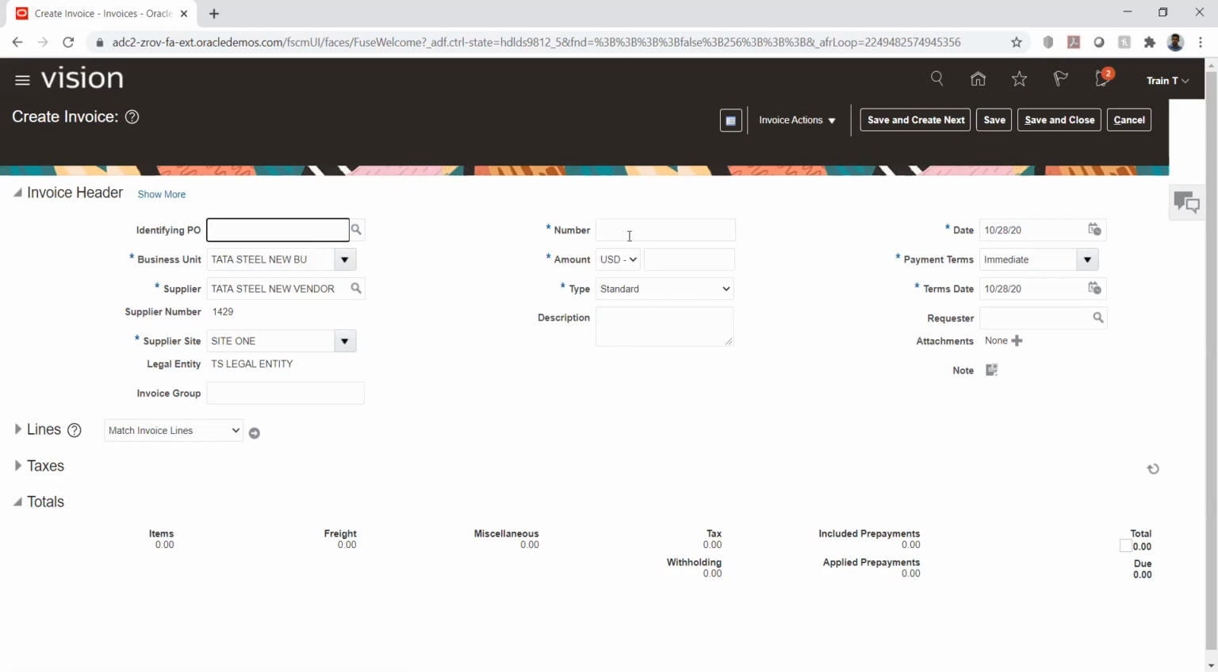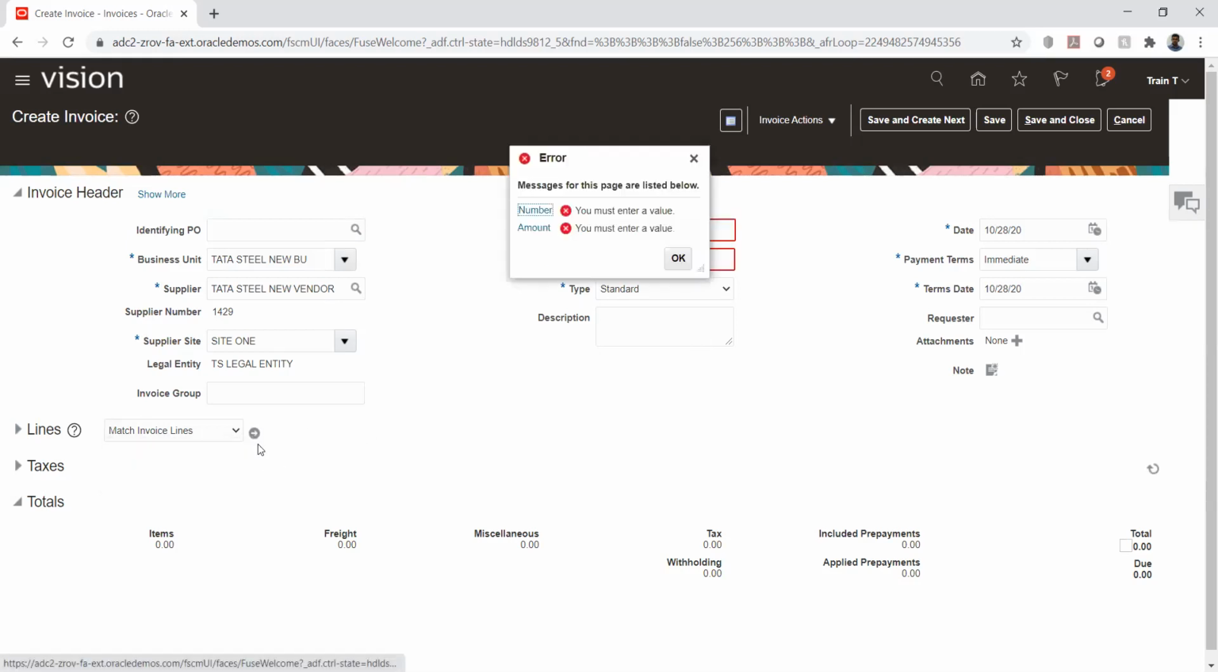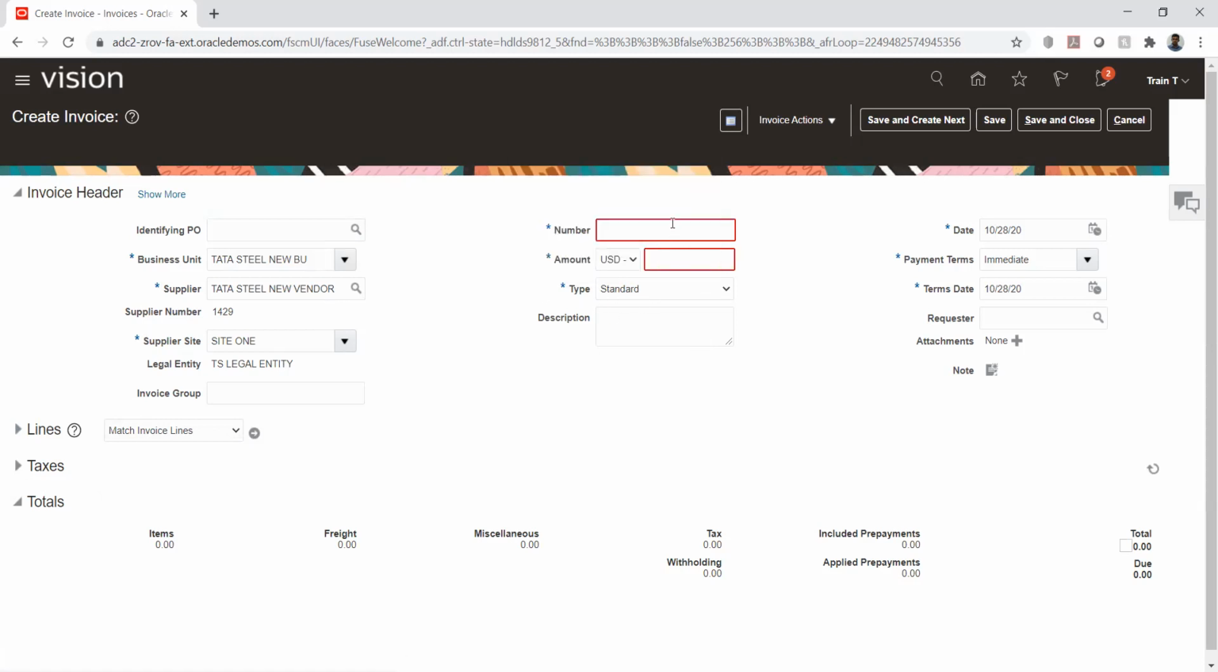The only thing we will do is enter the invoice number, and we will know the amount, and we will just enter the lines and these things. And here we can match. So here, if you see, we can match with lines. So if we give this particular option,